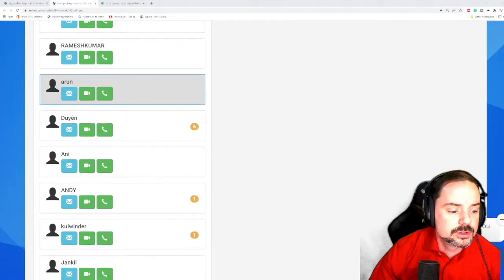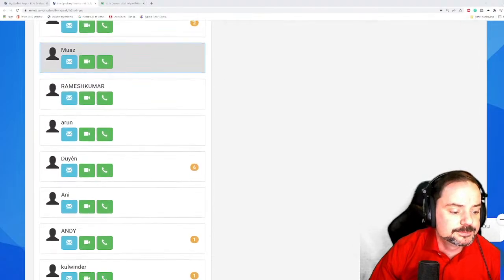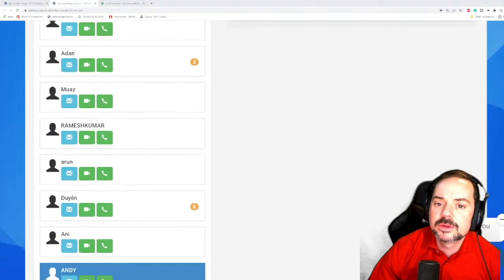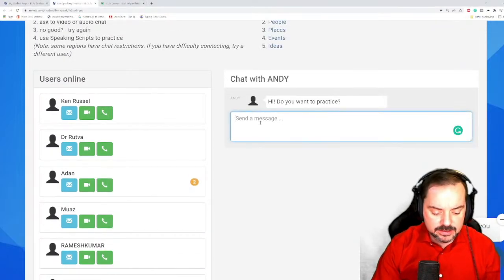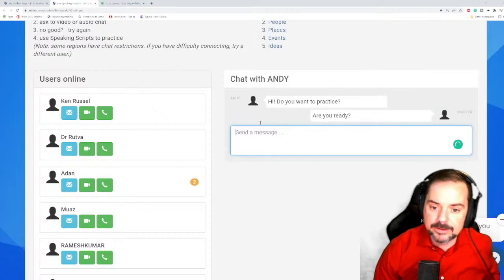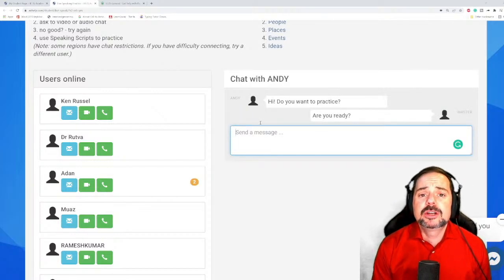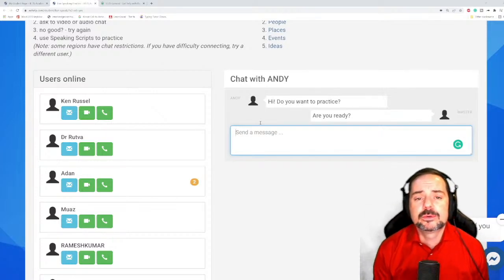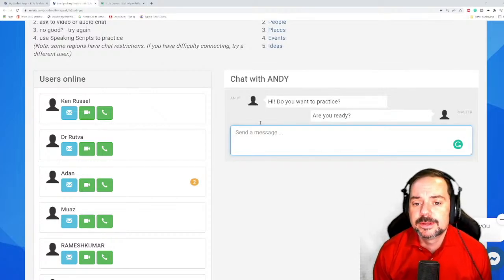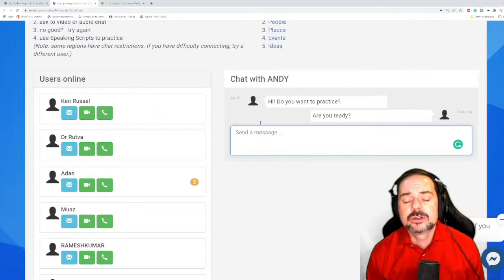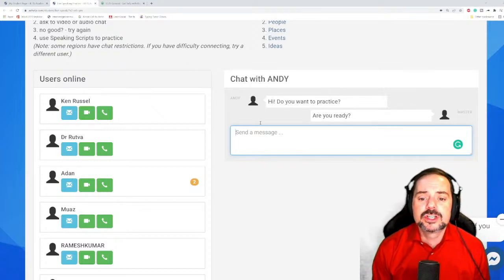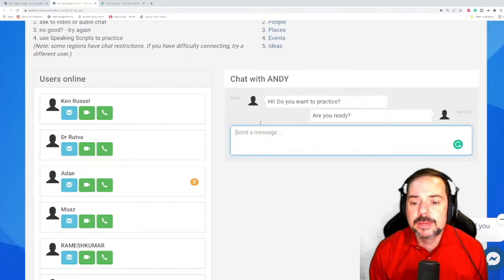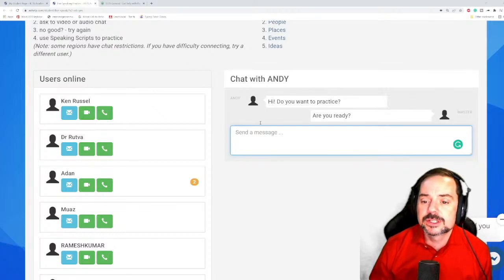I'm going to jump to another volunteer here. Let's try out Andy. Andy, all with capitals. So Andy, are you ready? Okay. And be patient, everyone, when you're volunteering. As you can see, I move around. Sometimes a volunteer is not present. They've left for tea or coffee or a washroom break or something. Sometimes I'm not able to connect. So you never know when your chance might come up to have a practice question or two with me. So stay the course, stay vigilant.